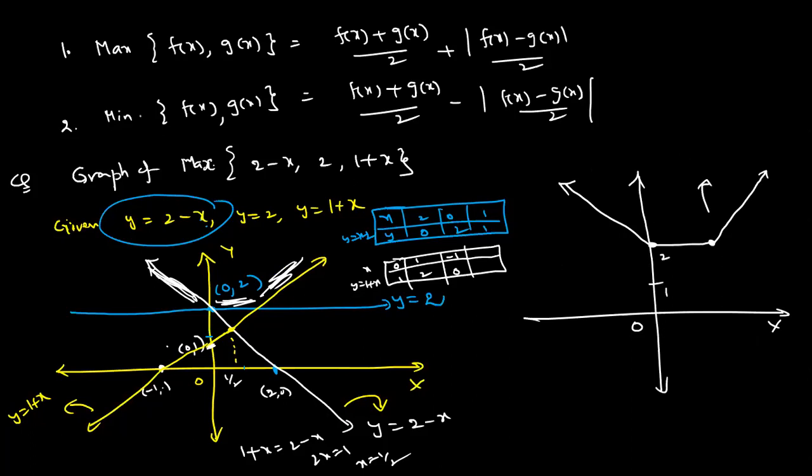So this is what here, dear students, maximum of 2 minus x and 1 plus x, that is the graph. Only maximum means this is the region. Yes, absolutely correct. Keep the drawing picture also, good. Like that is coming. That is the graph.